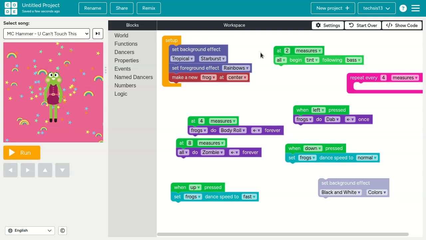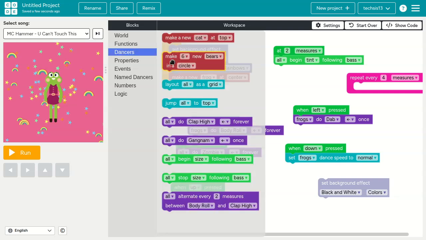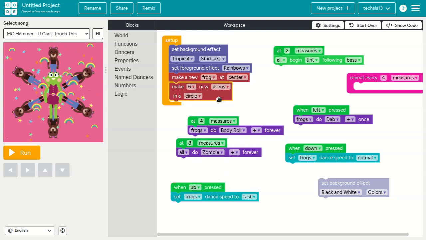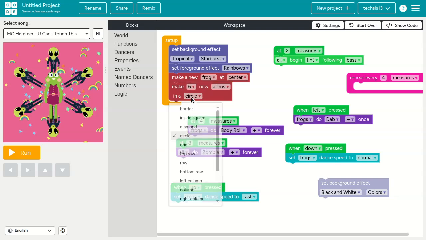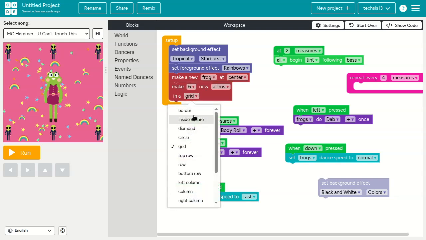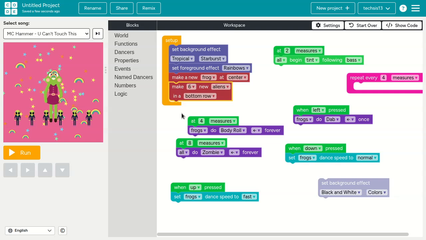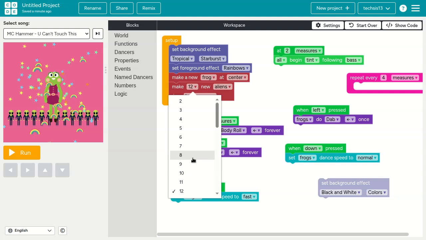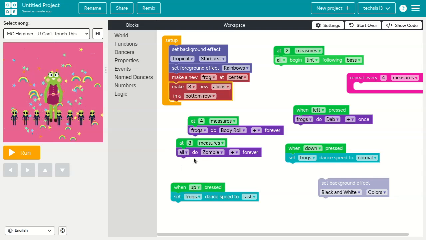Now there's only the one dancer, but if we come back here, you see here we can make new backing dancers in a circle, for example. I don't know, I want bears, aliens might work. Yeah, a little bit weird, but that's okay. In a circle, in a grid, you can lay these fellas out just how you want, right? Like backing dancers. Let's just do it like that. And you can change the number there, of course. You could have 12 of the things, whatever. That's maybe too many aliens. A little bit scary. Maybe 8, like that.